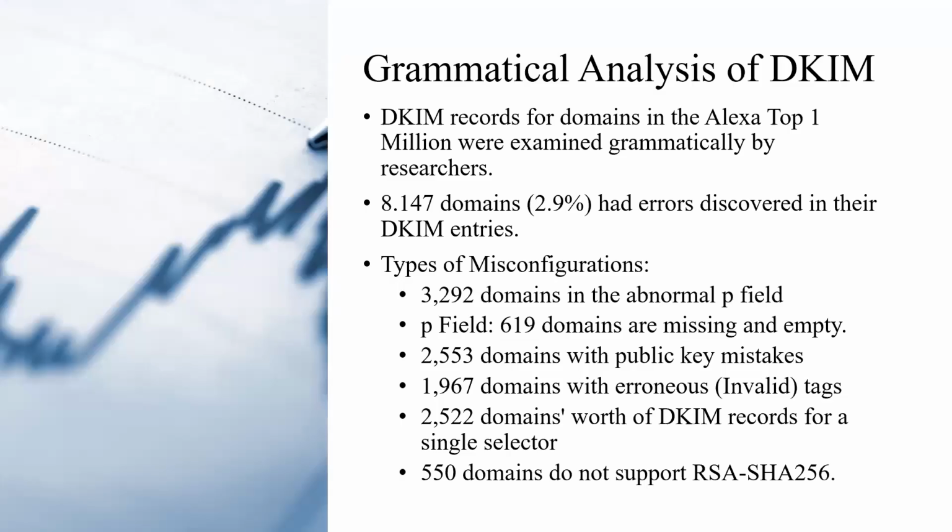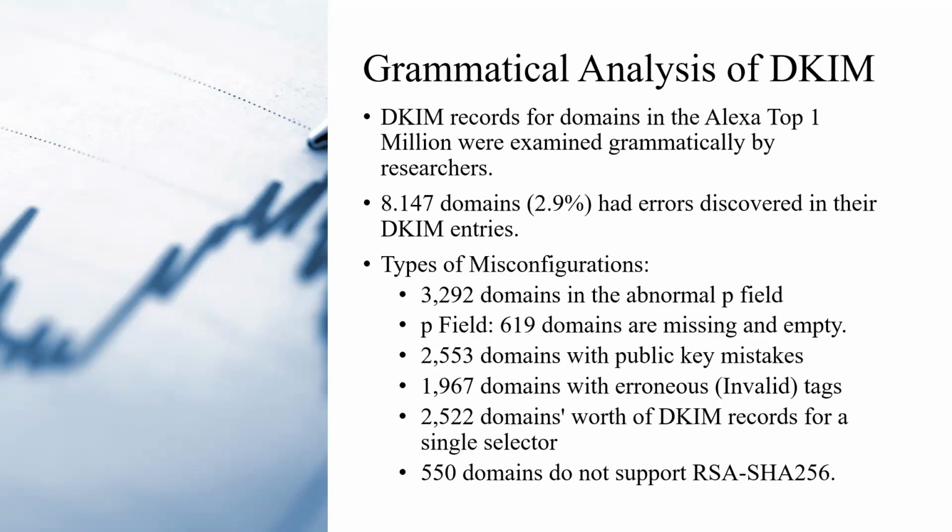Moving on to the other slides, grammatical analysis of key identified mails. The records for domains in Alexa's top 1 million were examined grammatically by researchers. Around 29%, that is 8,147 domains, have had errors discovered in their entries. The types of errors in these domains are